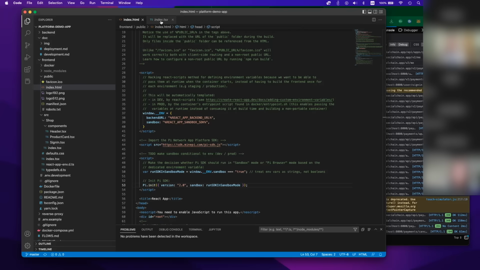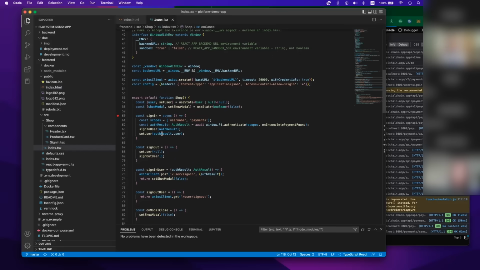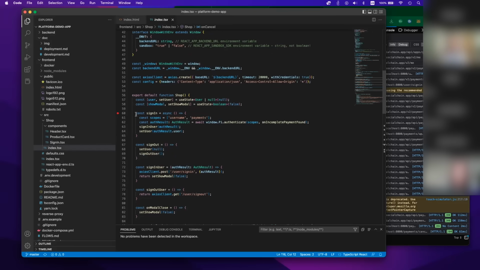And then the other functions that come from the SDK, the first one here is the sign in. In the application, it's called sign in. On our documentation, it's called authenticate or authentication. And so it has a few inputs. It has the scopes input, which you can select the information that you want to get out of it. And then you plug it into the header, and it's going to have a callback function into it as